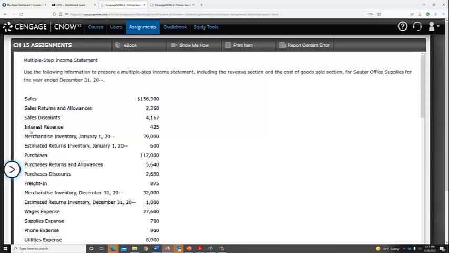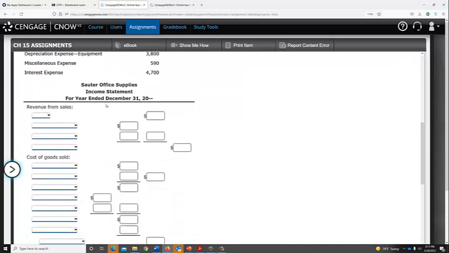But notice we have another revenue here, interest revenue. We are only entering the revenues and expenses from operations to begin with. So this interest revenue will be only entered at the bottom under other revenues. So we can just skip this account for now. So let's go ahead and enter